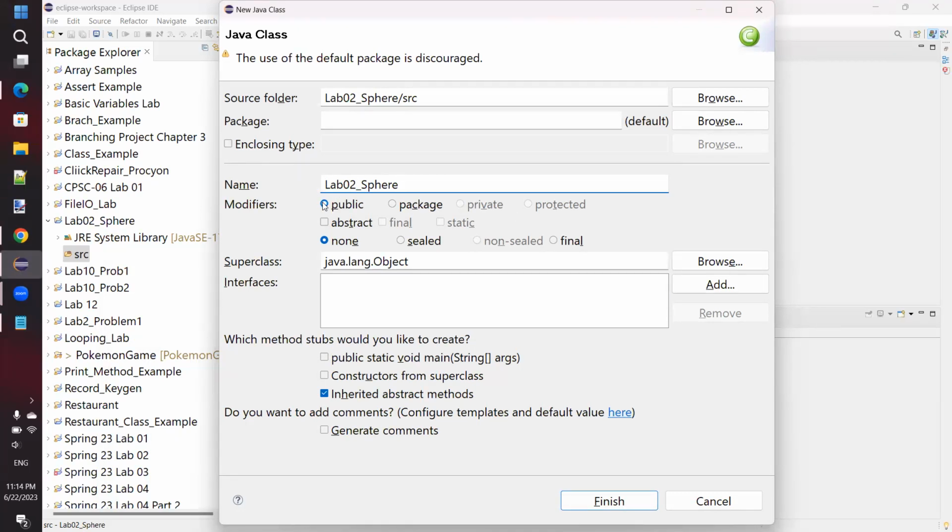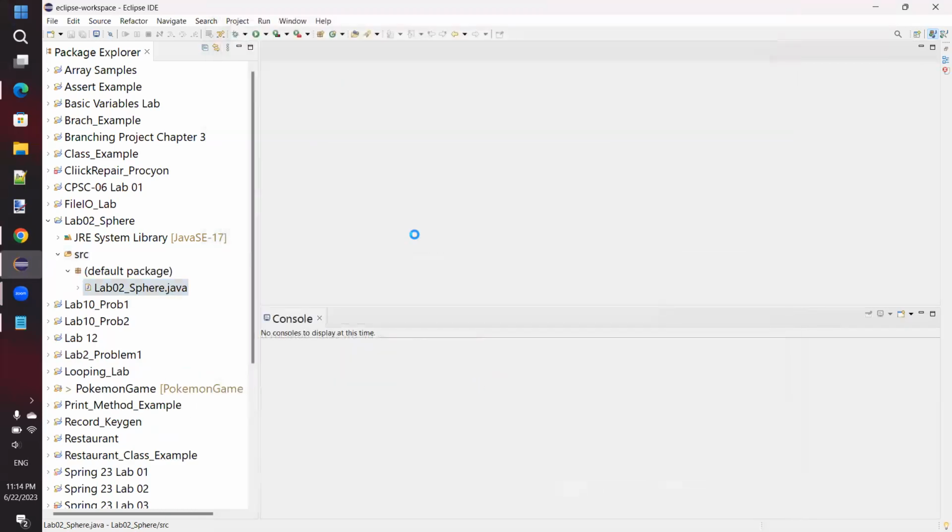We can keep public checked. We can keep none checked. Down here, generally you want to check this box for public static void main. If you don't, then you'll have to do more typing. So with all this stuff checked the way it is, I should be able to hit finish and create a